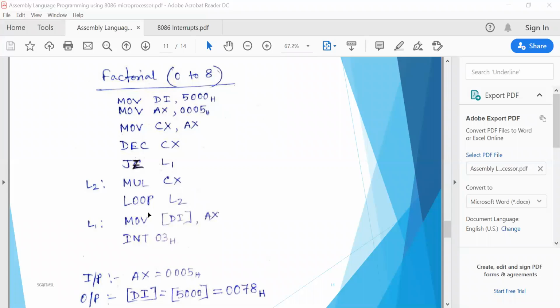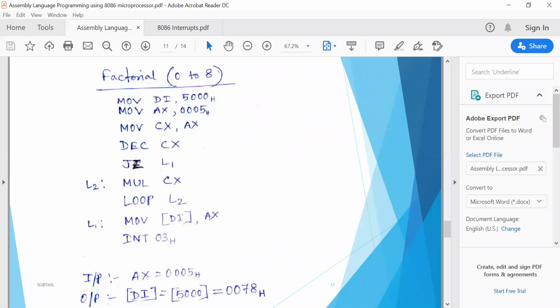So you have to transfer the lower 16-bit result into the memory location specified by DI, 5000, so that we get the output 0078 in this memory location, and in memory location 5002 the DX register content, which will be 0000, will be saved.